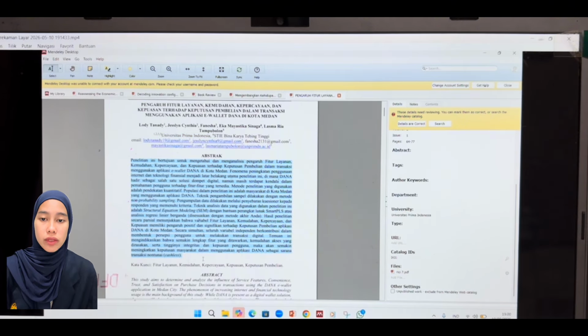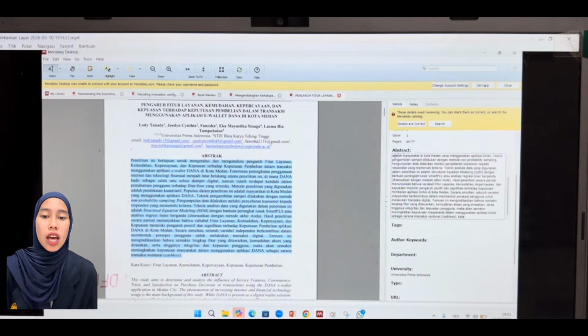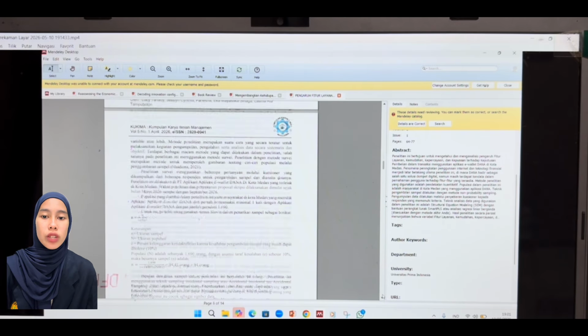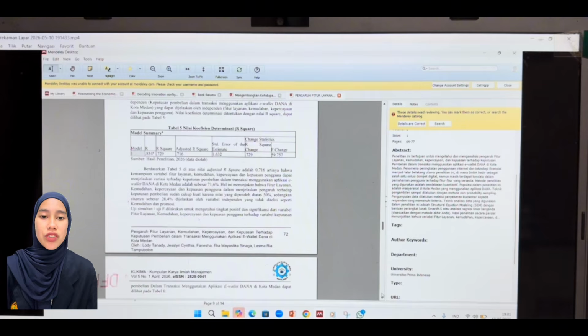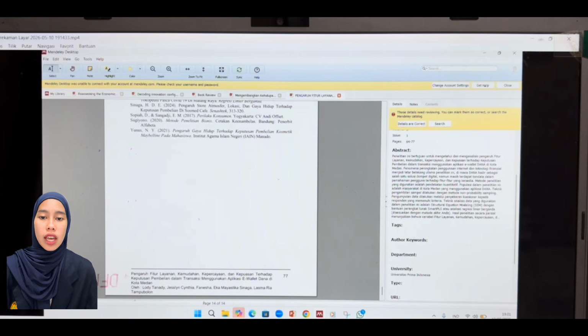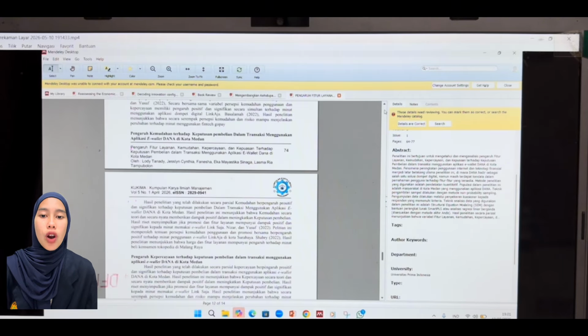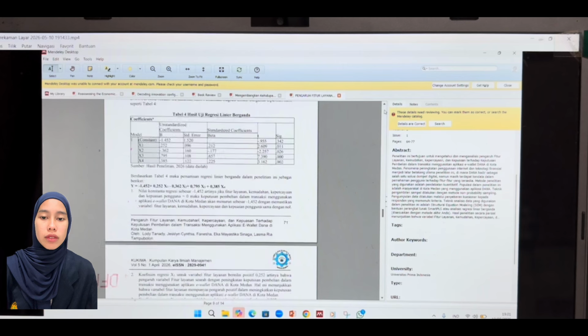Author, the author's name. If there is no personal author, you can use the organization name, for example, BPS Indonesia. Publication or website: enter the name of the website.